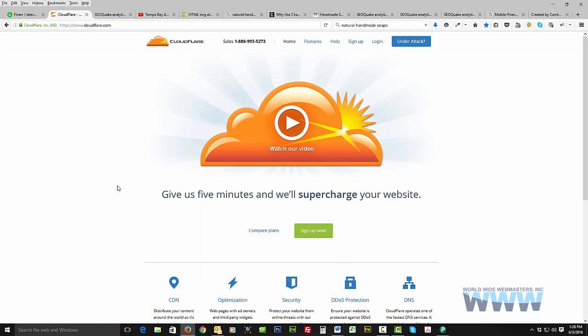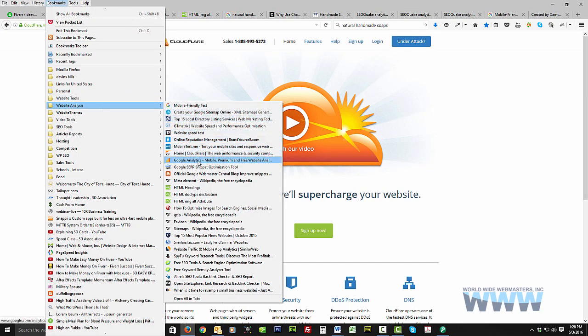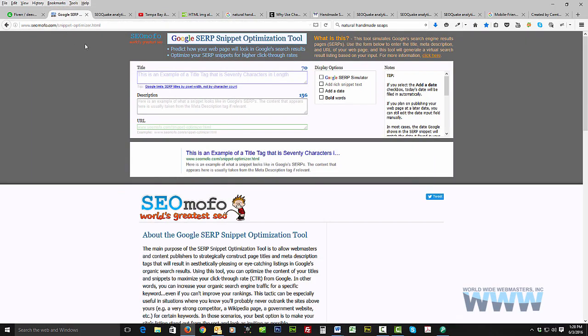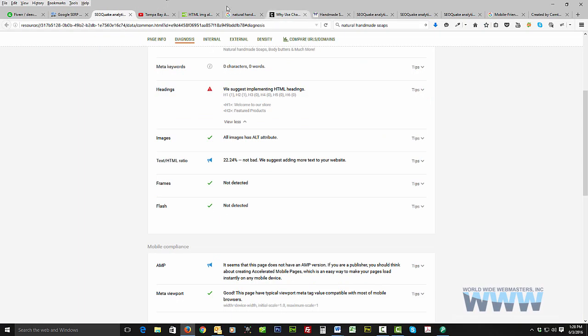And then last but not least, here's another tool that I love using all the time, especially for websites that aren't WordPress: this Google SERP optimizer. What's great about this is it allows you to take a view of how your website is actually looking on the search engines when it gets pulled up. For example, let's take a look at